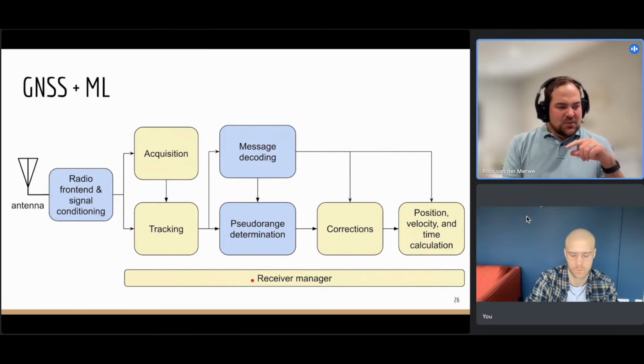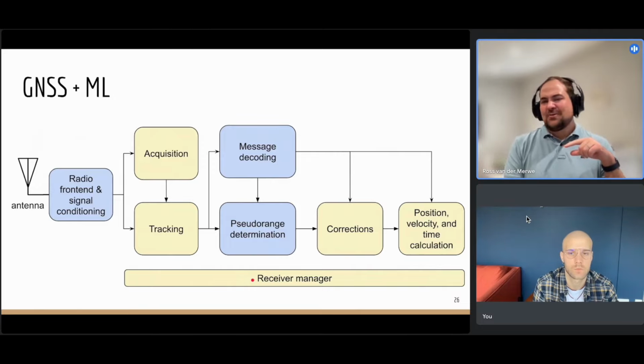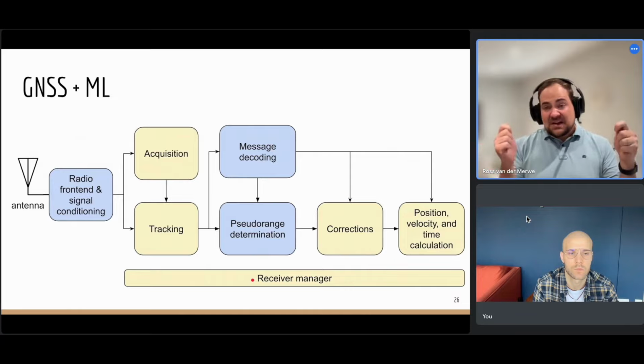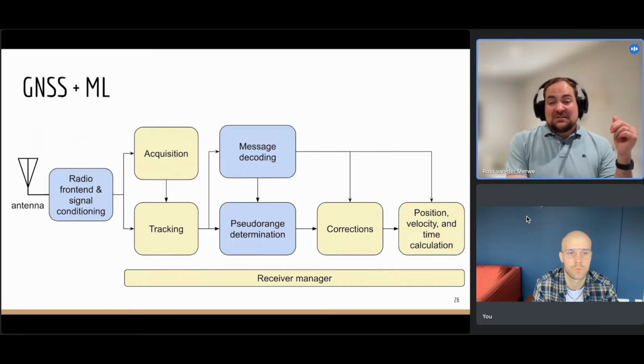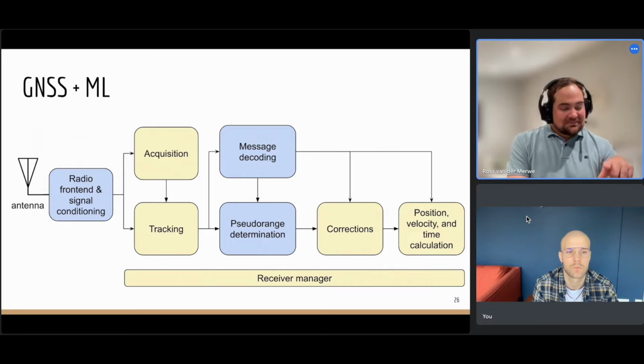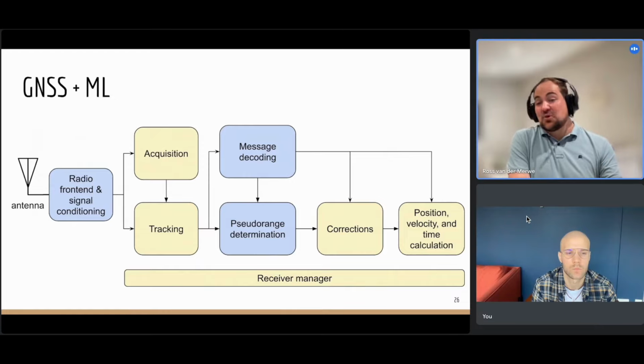I think one of the interesting ones I was thinking about was the receiver manager. So now we're using some state machine that says, if this happens, do that. Doing slightly more intelligent, like high-level AI in a receiver manager could be interesting. I haven't seen or heard this yet, which basically means that the current state machines work well. There's no reason to replace them yet, but it could be an interesting thing to do.